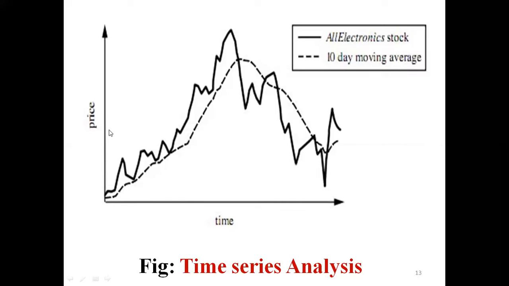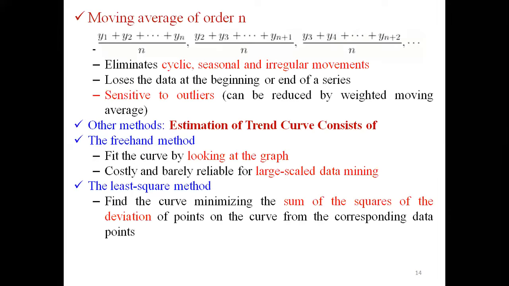And then for the price, that means on day 5 the price increased to the top level, and then on day 1 the price of the electronic stock is zero, and then after day 6 it reduces. At day 10 it goes to the bottom level. That means it is a time series analysis for all electronic company stock.